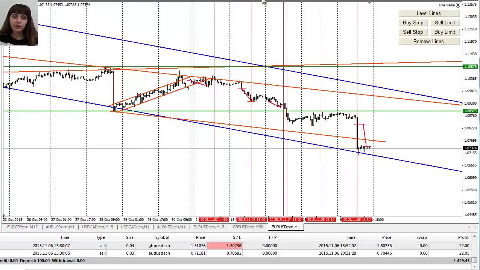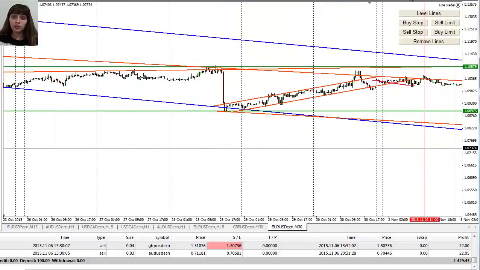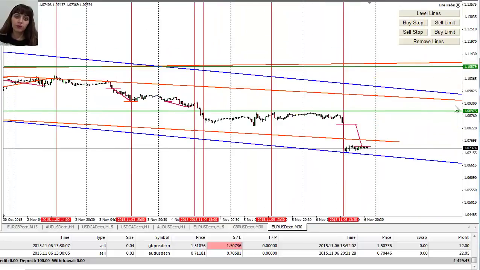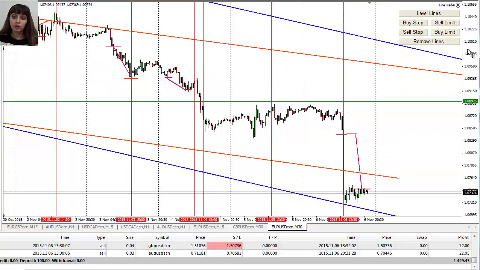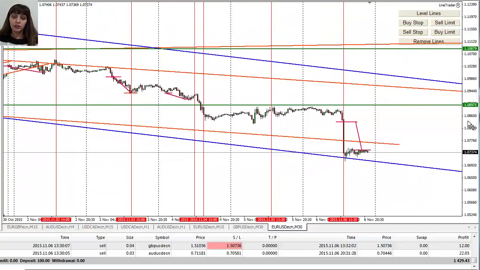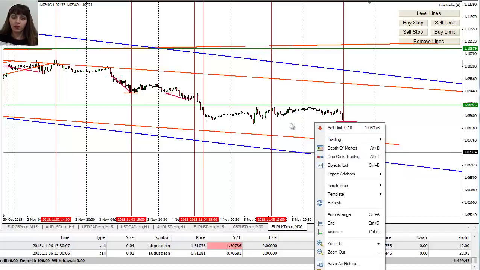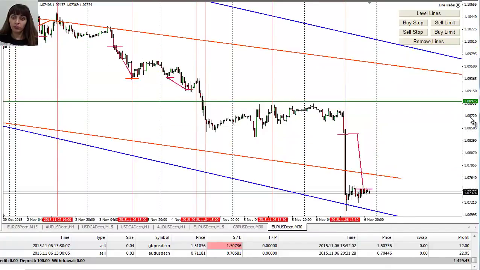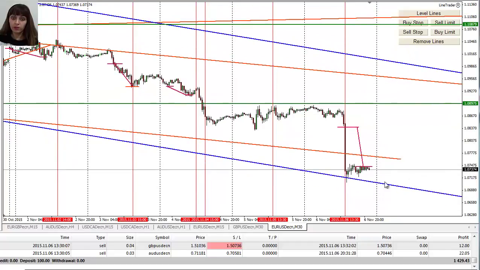So that's, I'm just saying, because like last time, a week before, I was leaving trades open until they open in the next trading week. I was thinking maybe it will be a gap or something, which didn't happen, and so that's why this time I just decided to come out before the opening of the week. So I don't know, maybe it's thinking to correct again. I don't know, maybe it will continue down.